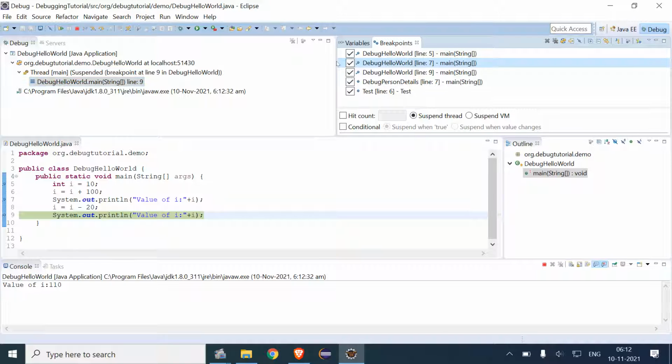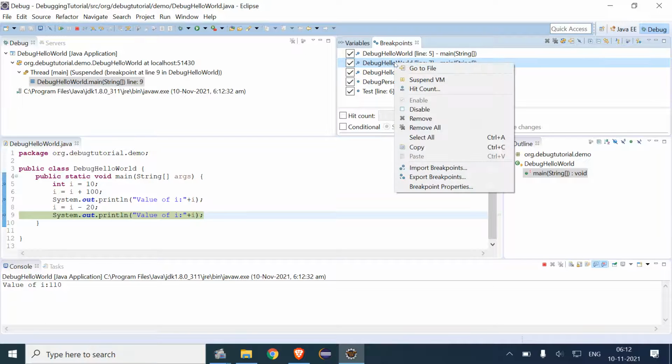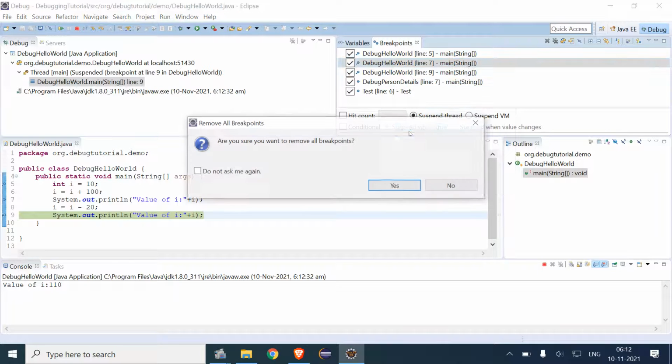Then we have another feature. If I right click on them, the remove all option is there. It will remove all the breakpoints. So what if I do that? It will ask if you want to remove all the breakpoints.